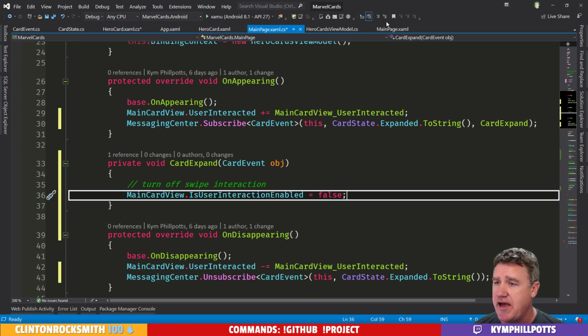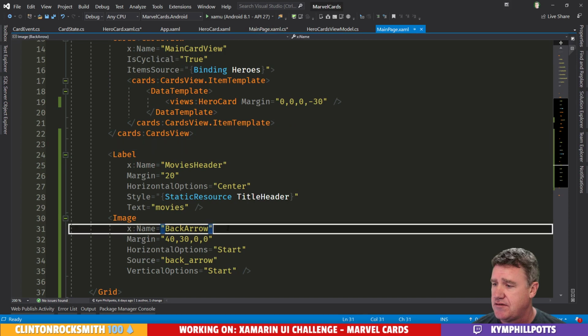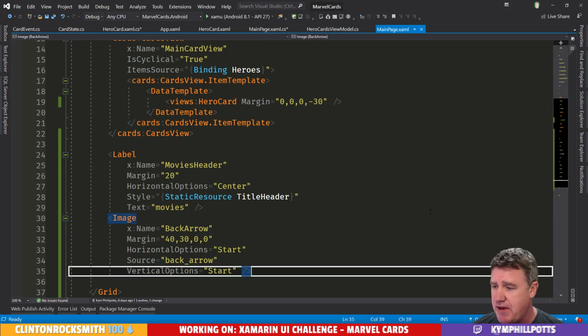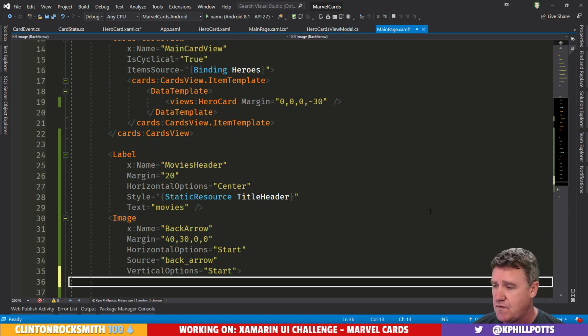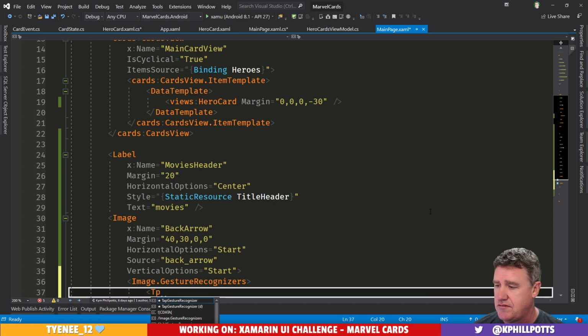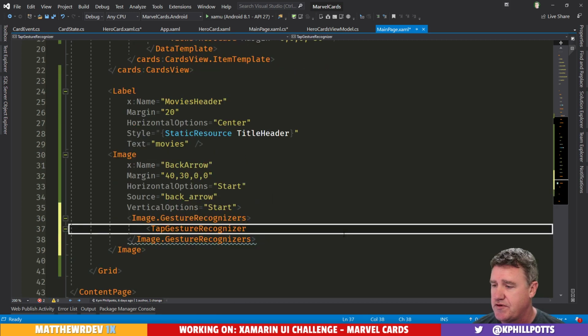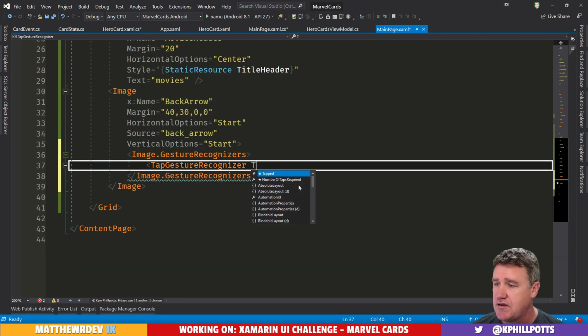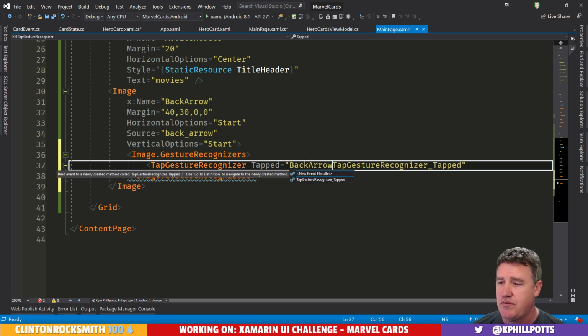So let's go ahead and add an event into this back arrow here. That's our trigger to turn it off. So let's add some gesture recognizers in here. And it's going to create me a really ridiculous name. So let's call this back arrow